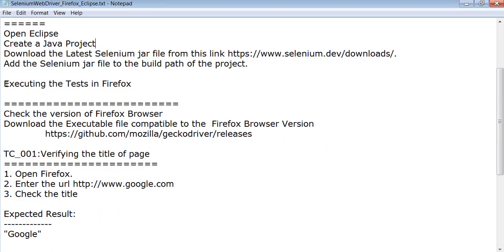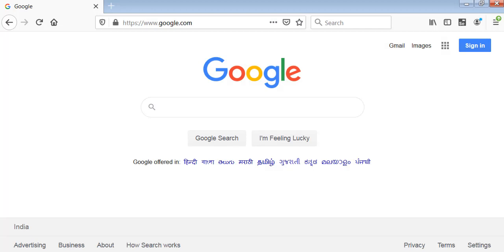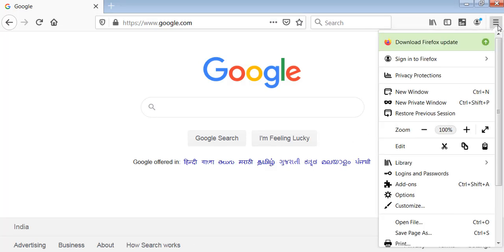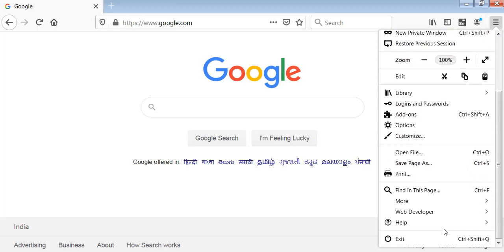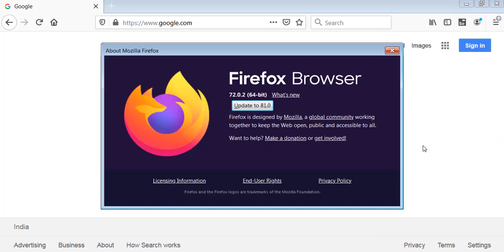Then after that, we have to execute the test cases in Firefox. To execute the test cases in Firefox, we have to download the executable file which is compatible with the Firefox browser version. So we need to make sure Firefox is installed in our laptop. Once we open Firefox, identify the Firefox version: select the menu, then select Help, then select About Firefox to find out the version.